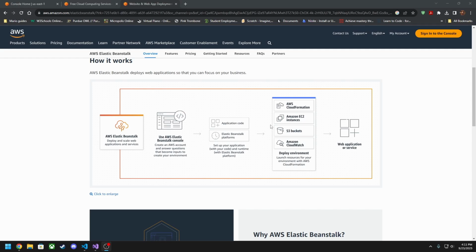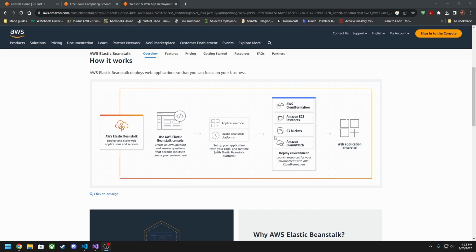So one of the main two tools it uses are S3 buckets, which are basically storage devices inside of AWS. And Elastic Beanstalk uses these buckets to actually store the source code for your web application. And it will handle the storage of this for you and will handle versioning as well. So if you update your application and you deploy it again, it will create the versioning to separate those two